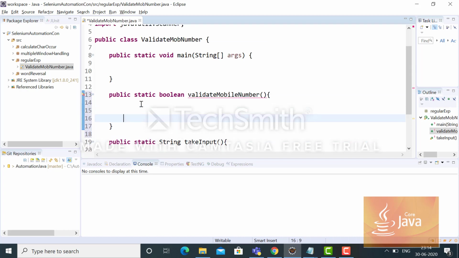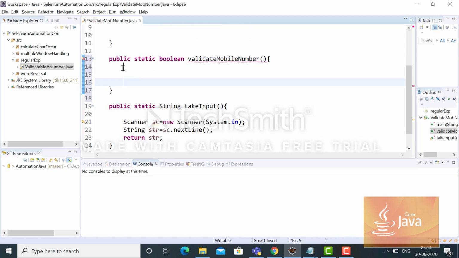Through the earlier function I am taking the input, and that function I am calling over here: String str input equals this function.